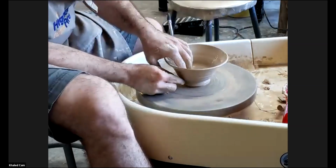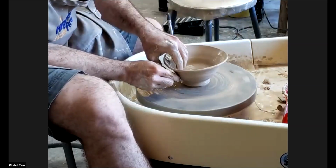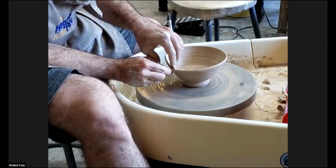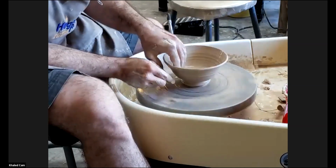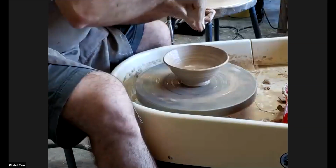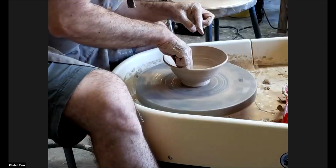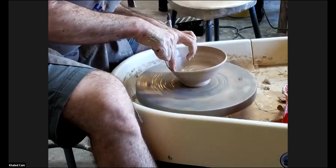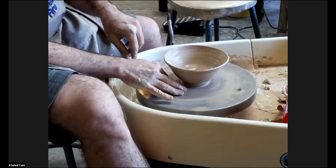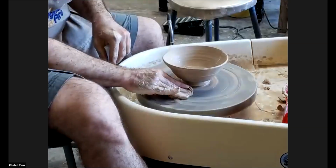And you can see it's wobbly all over, and that's part of the beauty of these bowls. If you're obsessed with symmetry, this is not for you. You know? And then you can add these swirly marks, using your finger on the inside, kind of add to that bowl shape. Okay, so now to remove it from the wheel,